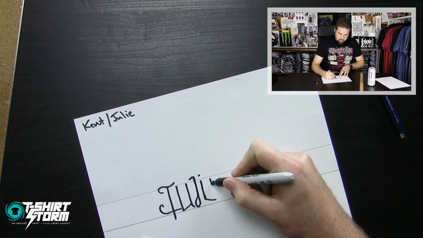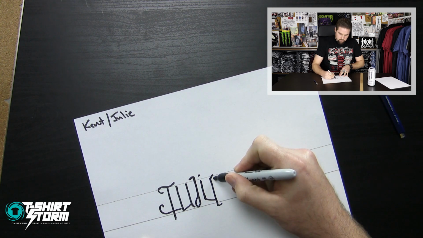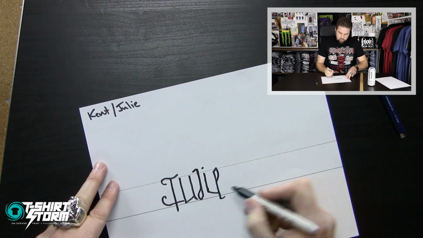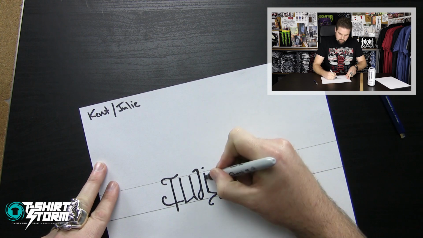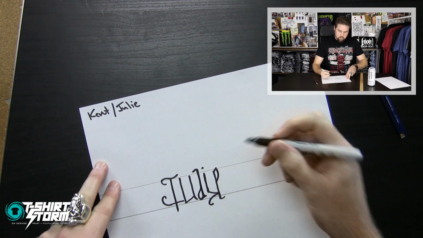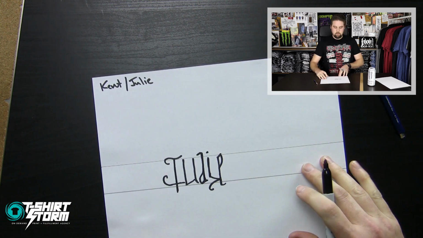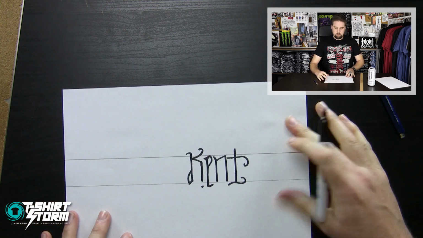The next solution then is an I, E to K. So it's going to go like this. Again, we're going to drop below just a little bit, and we're going to do another lowercase e just like that. And then down here to finish the K, we're going to just do something like that. And we're going to do a little bit of an ear sticking off of that. So you've got Julie that way, and then you flip it, and it says Kent.